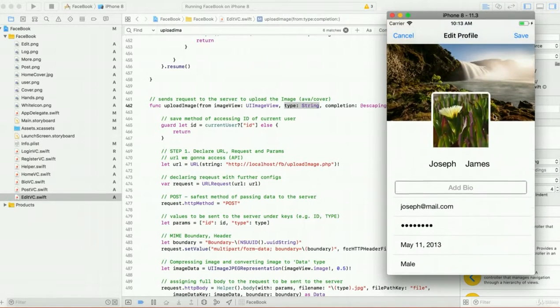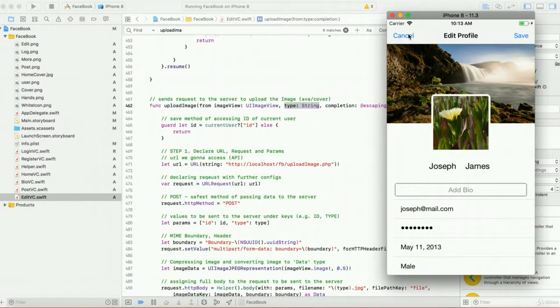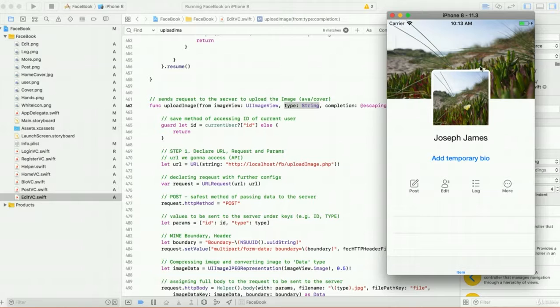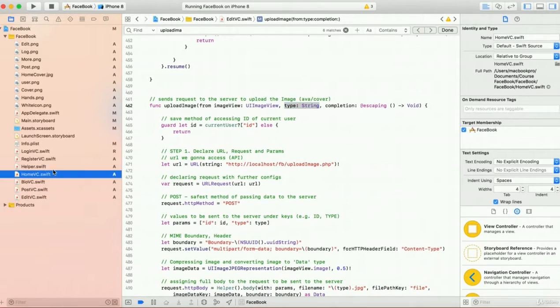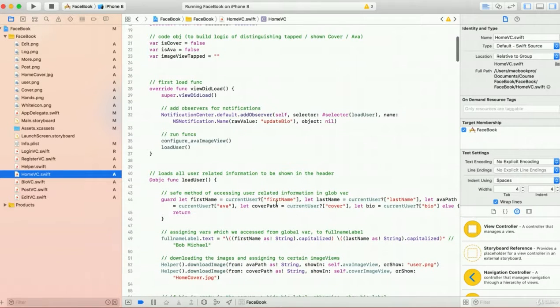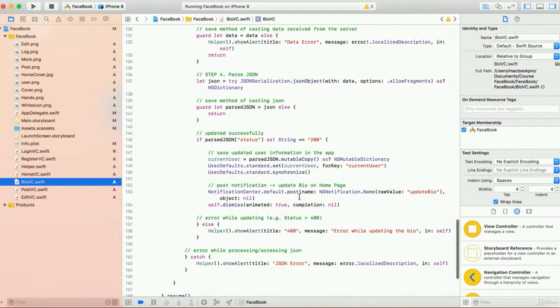We have finished with the edit profile picture, which was really amazing, and the last moment will be just to send a notification to the home view controller. Do you remember we have done this already in the home view controller? When we used to do here update Baya, so we will post one more notification. Actually, we have posted notification in update Baya. That is the one. If you remember, this is the notification. So we must post the same notification in the edit VC